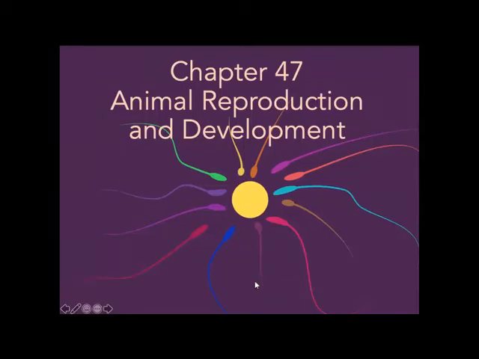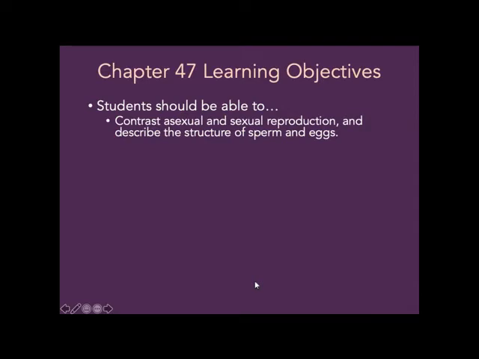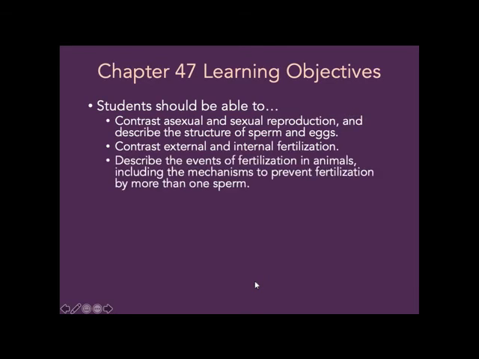Hello, welcome to Chapter 47, Animal Reproduction and Development. By the end of this chapter, you should be able to contrast asexual and sexual reproduction and describe the structure of sperm and eggs, contrast external and internal fertilization, describe the events of fertilization in animals, including the mechanisms that